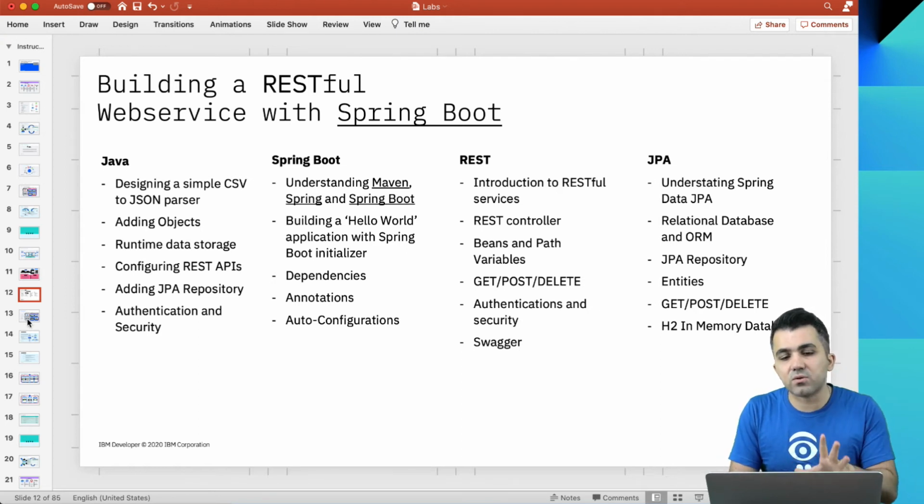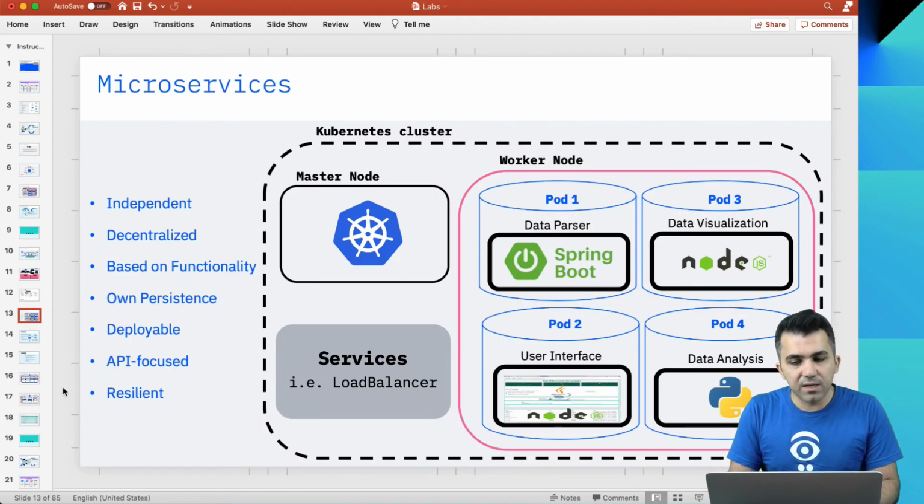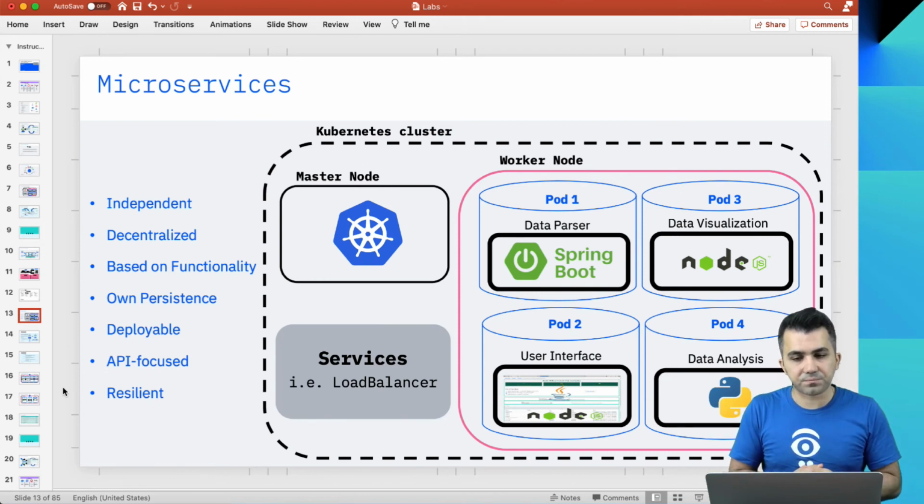So that's a separate course, but these are the steps you need to design this data parser that I've just demonstrated to you. Throughout this course, the way we're going to look at this application is from the microservices standpoint.